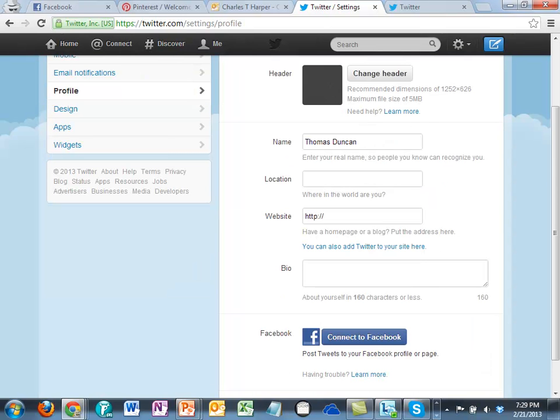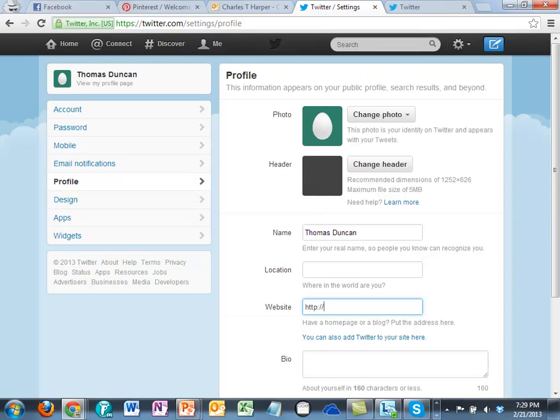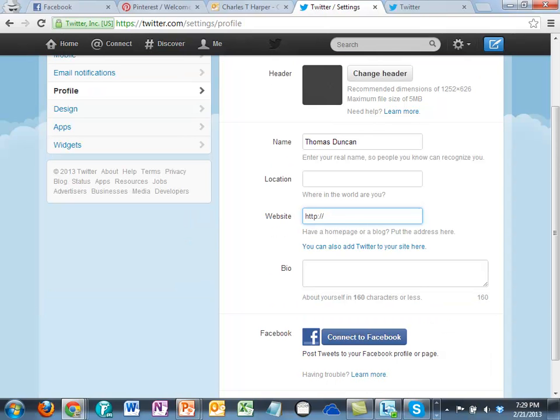Okay, if you want to put a location there, here's where you can put your website, and if you put it in there, make sure it's the website that you want people to go to. If you want them to go to your blog, make sure they go to your blog. In the bio area, you're going to want to kind of talk about yourself, not necessarily in a salesy kind of way, but you do want to have the keywords that you want people to find you for. And in your particular case, you're going to want to have model airplanes listed someplace in your bio.